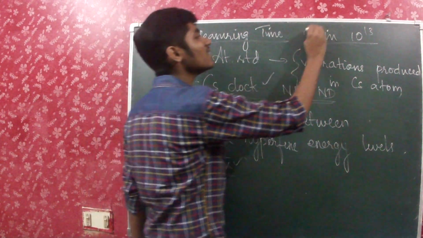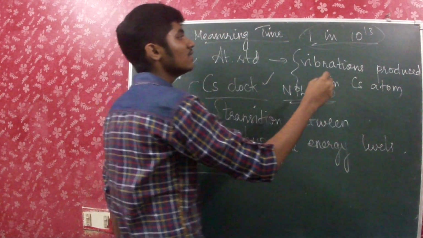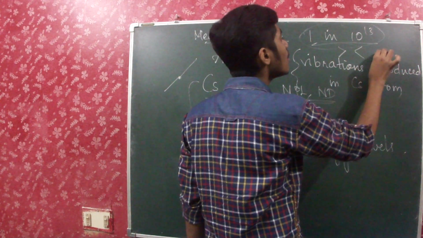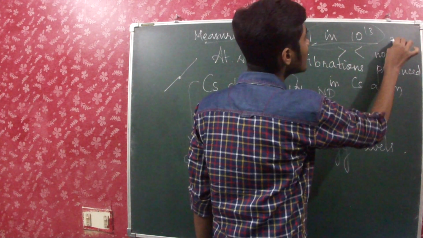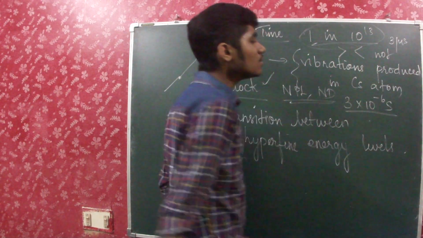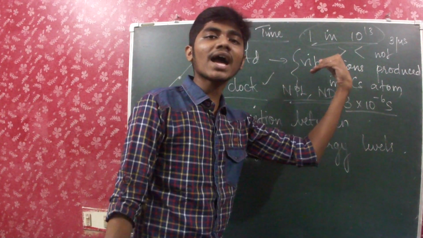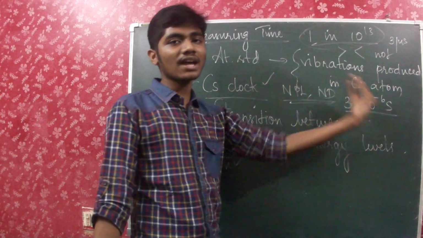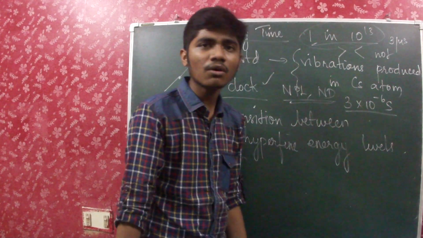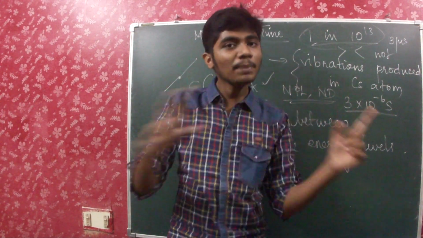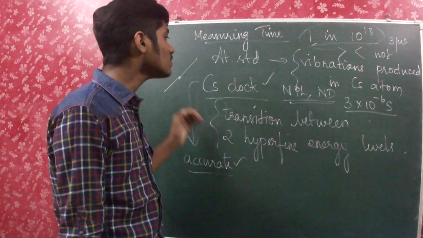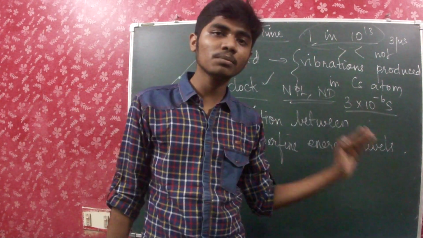Okay, so in this manner, even in 1 year, the changes which can take place, it may show more values or less values, not more than 3 microseconds, that is 3 into 10 power minus 6 seconds. So not more than or less than this. This is the maximum capability which the instrument can make an error. And that's very low, and it's for a year. So for a complete year, this is the maximum error which the instrument can make. So that's why cesium clock is said to be more accurate.